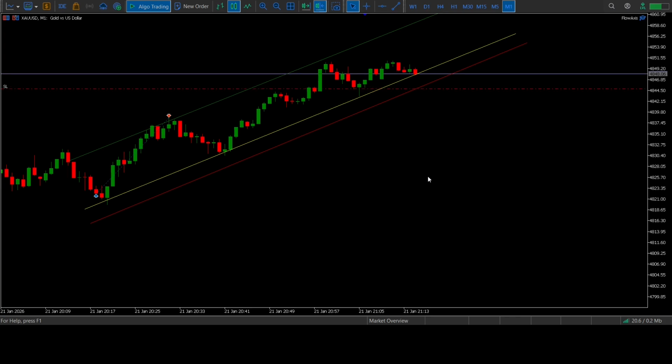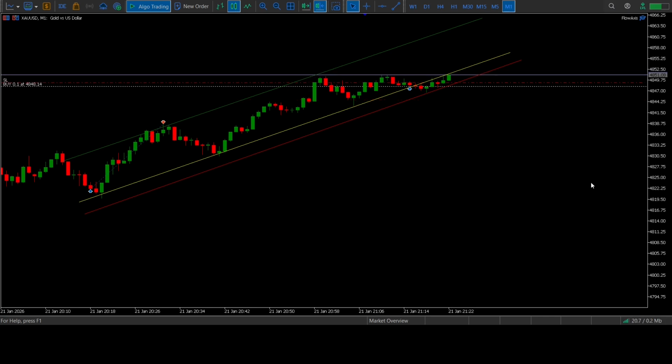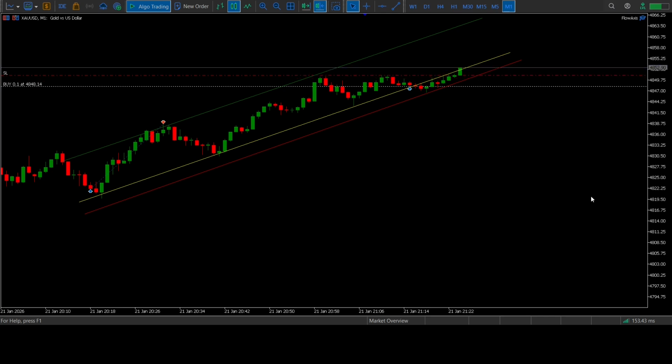Part 2. Trailing a stop with Flow Axis. Flow Axis also supports dynamic trailing stop management. As price moves in your favor, the stop loss follows automatically, keeping a predefined distance in points. These values are fully adjustable from the inputs, allowing you to protect profits while letting the trade breathe.